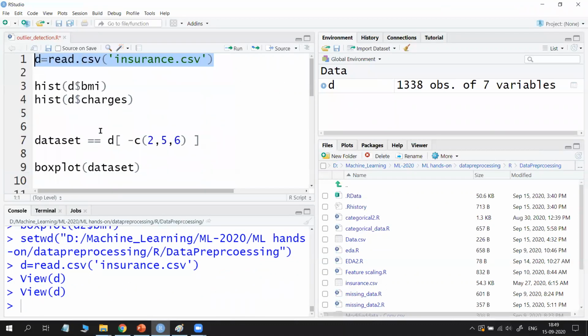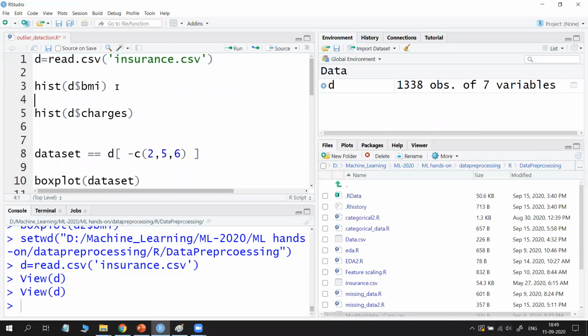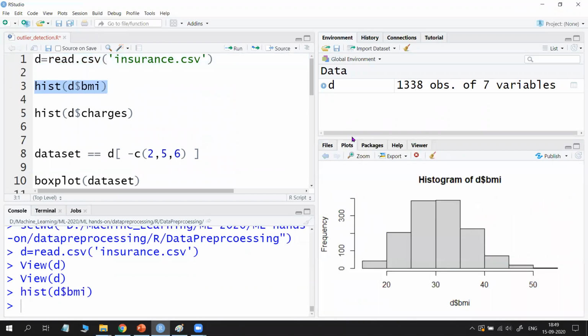Okay. Now as I told you, try to see the histogram of BMI. Run it. See, this is the histogram plot. That means these are the BMI values and the frequency. And see, this is a distribution. This is a normal distribution. Normal distribution and Gaussian distribution are both the same. There are other distributions, like the Bernoulli distribution. How your data is distributed, you can see with the histogram.